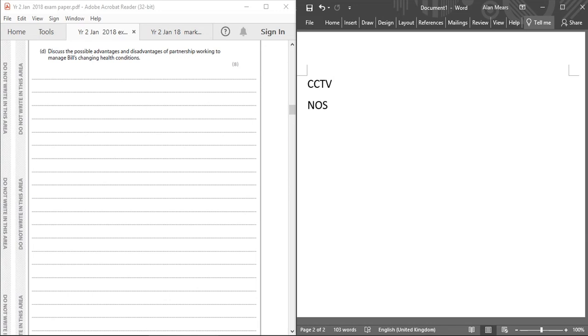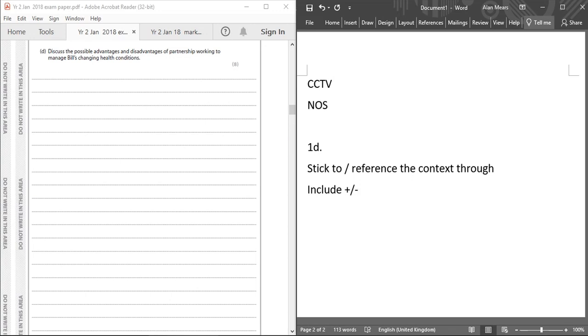So, 8 marker, the key things, I'm just going to make a note of these key things with an 8 marker. So you want to stick to and reference the context throughout. In this case, it's Bill, it's the care home, it's the multidisciplinary team. Make sure you're referring back to that, and that it's regularly highlighted in your answer. You may want to include pros